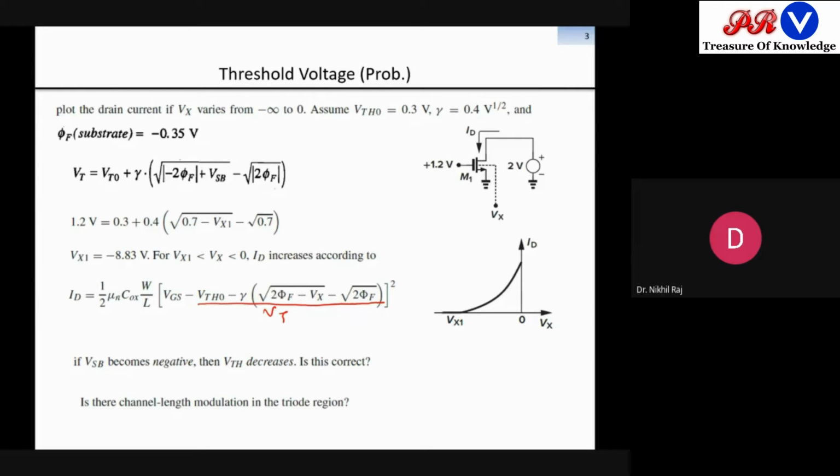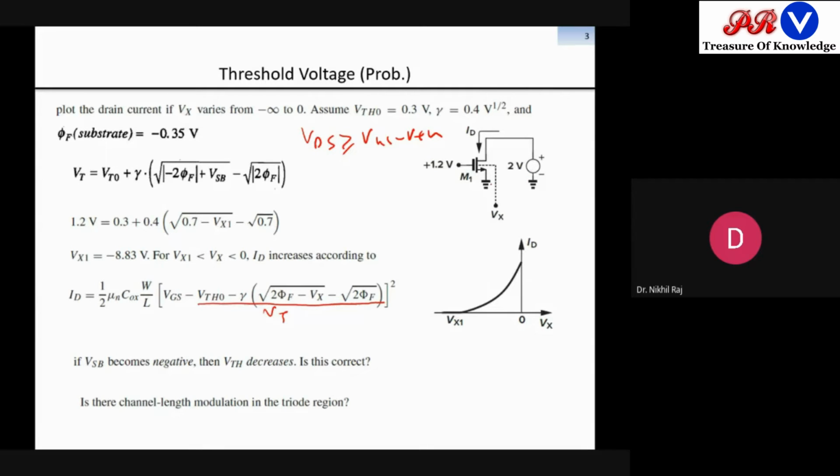Yes, I got your question. Your question is like, why will we write only saturation? That is the question. No, sir. My question is, this equation is used when VDS is greater than or equal to VGS minus VTH, and here VGS and VTH are equal. So how come we know that VDS is greater?